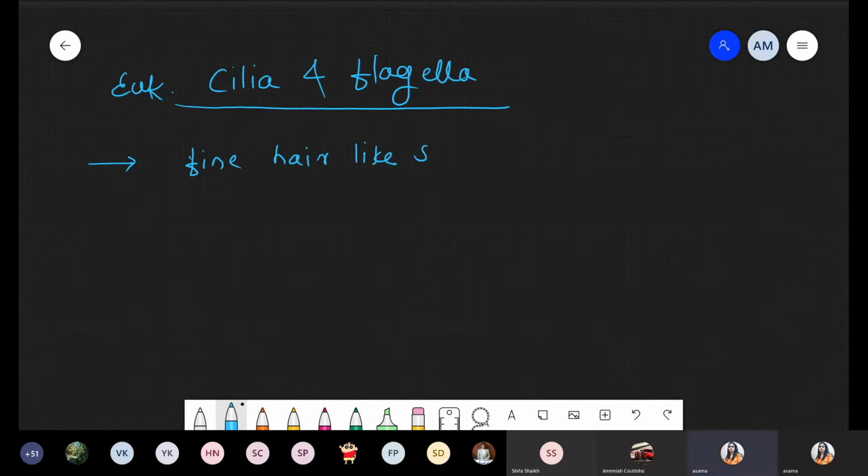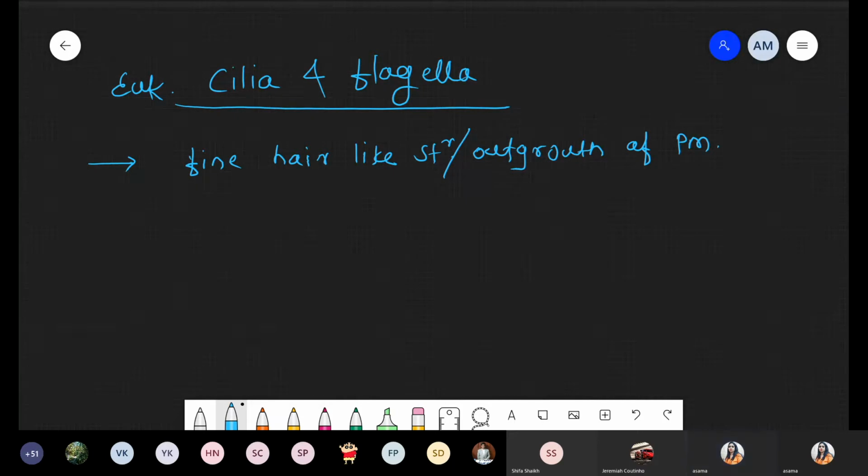Fine hair-like structure, or simply we can say these are the outgrowth of plasma membrane. Similar, because in case of bacteria also we discussed there is a presence of fimbriae, pili and the flagella, and definitely that plasma membrane will be showing extension towards the outer side, an outgrowth extension, and it will form a typical structure. Same scenario with respect to cilia, flagella, the plasma membrane gets extended toward the outer side.